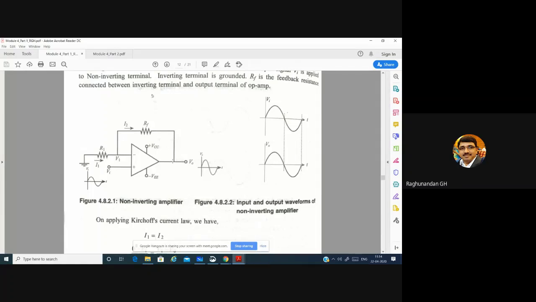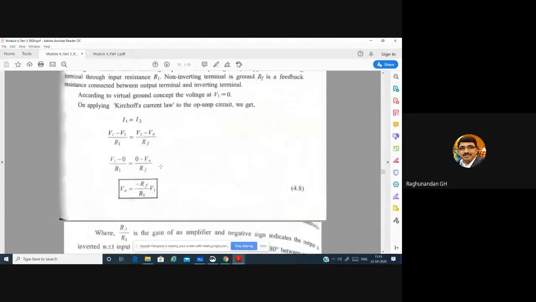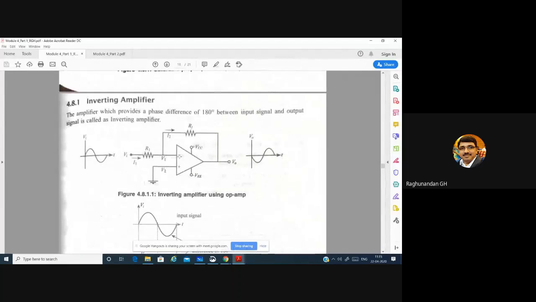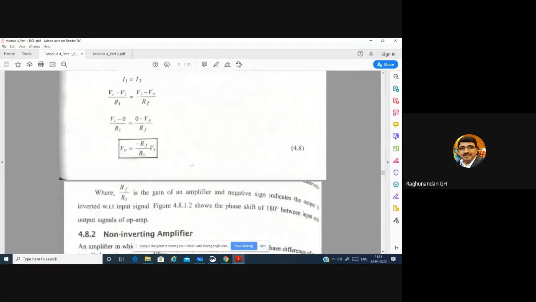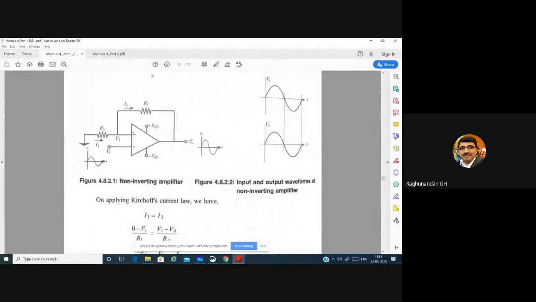In the last case, output was inverting with respect to input, sir. But see here, here also we are giving the feedback to the inverting terminal only. We are not giving it to the non-inverting terminal. My question is, if I connect this feedback resistance to the non-inverting terminal, what might happen? Sorry, here also we have given the feedback to the inverting terminal only. Will it become unstable? Unstable, how? Because of noise or something?